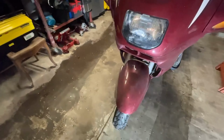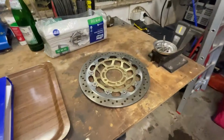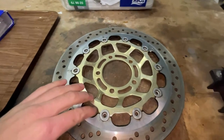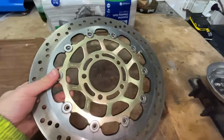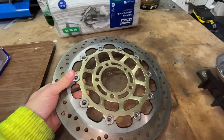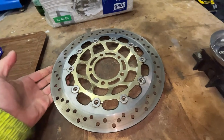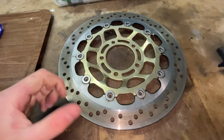There are two possibilities. You go for a new disc. I have one here. This is an old one, original one from the Triumph. Yeah, it was warped, so I changed it. With the new ABCs, it's a better tempered metal. I have more aggressive brakes, but